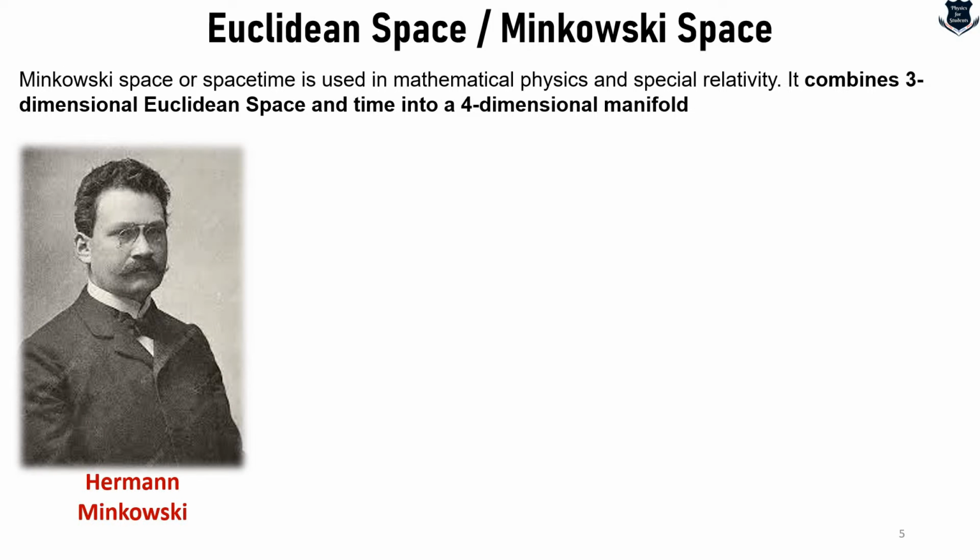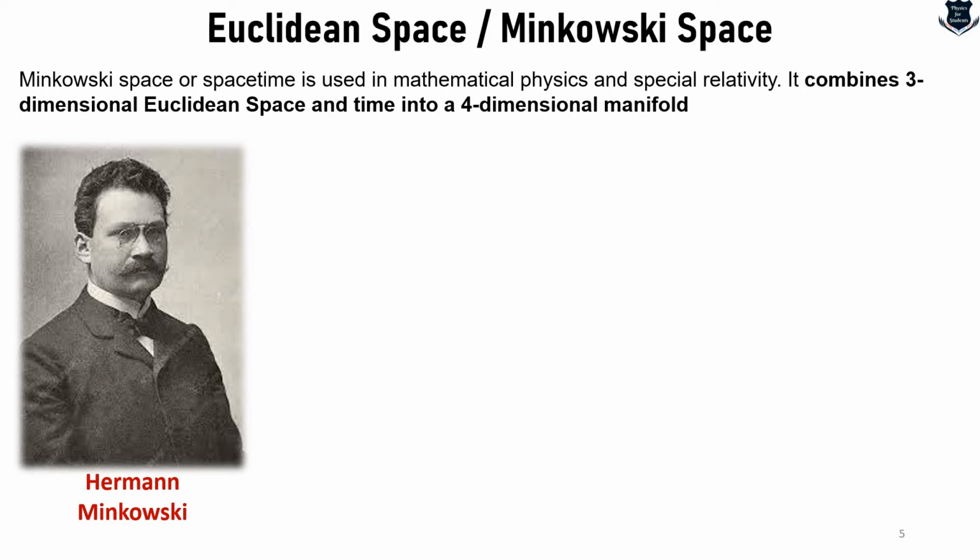Now here comes Hermann Minkowski, who was a German mathematician and professor at Königsberg, Zurich and Göttingen. He created and developed the geometry of numbers and made several mathematical contributions. It is worth noting that in 1908 Minkowski, who was the professor of Albert Einstein, realized that the special theory of relativity introduced by his former student Einstein in 1905, and based on the previous works of Lorentz and Poincaré, could best be understood in a four-dimensional space.